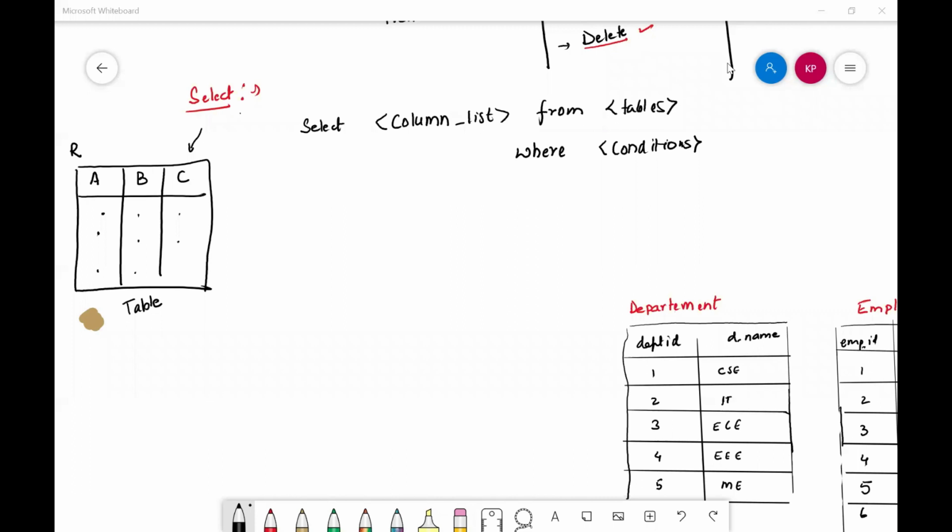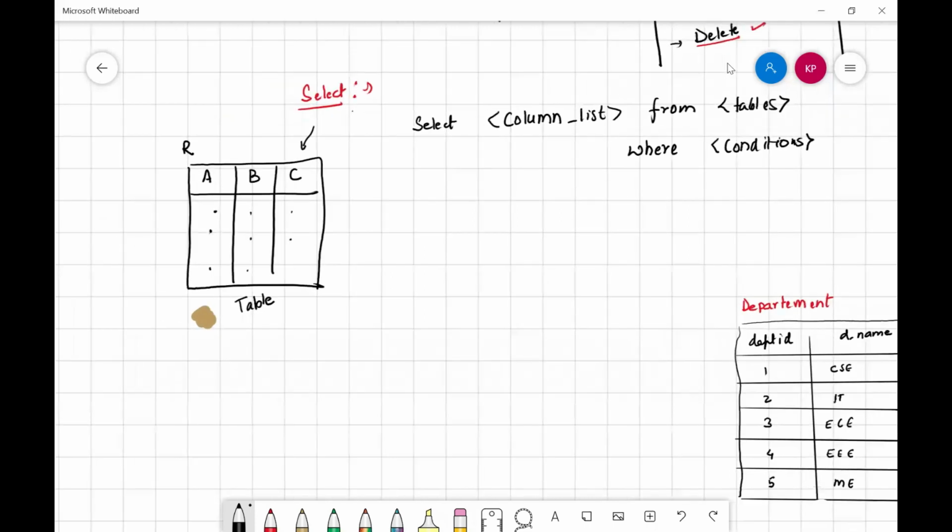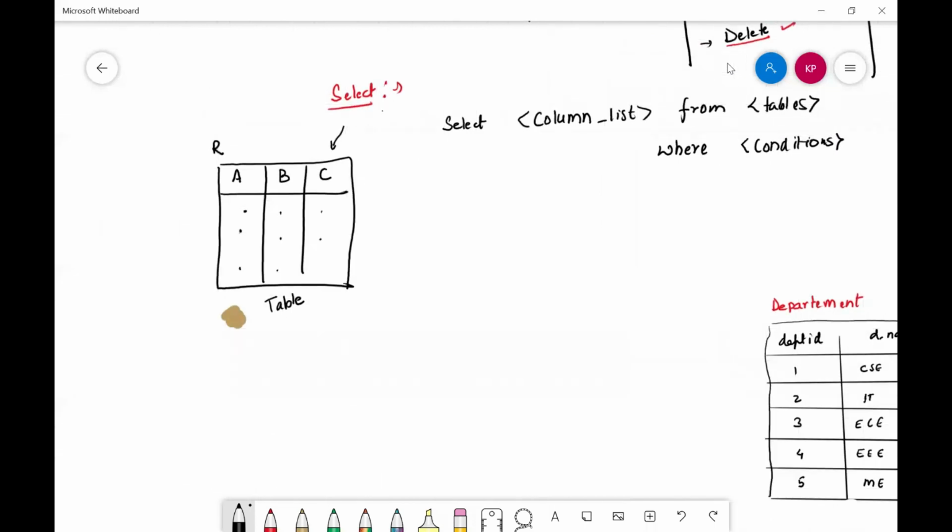First, let me tell you the relationship between the SQL select command and the relational algebra commands which we have done earlier. In relational algebra we have done certain queries, so we'll see how that is related here. In relational algebra we have done projection, we have done selection, and we have done joins.